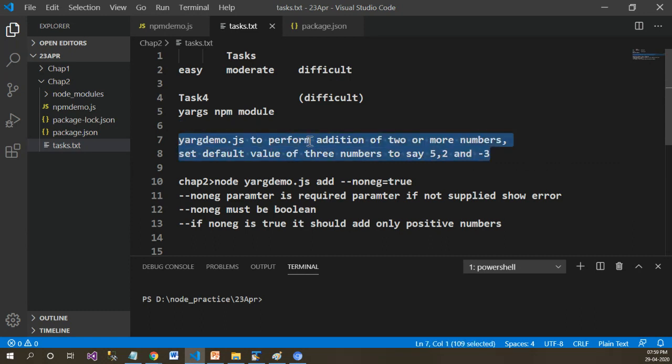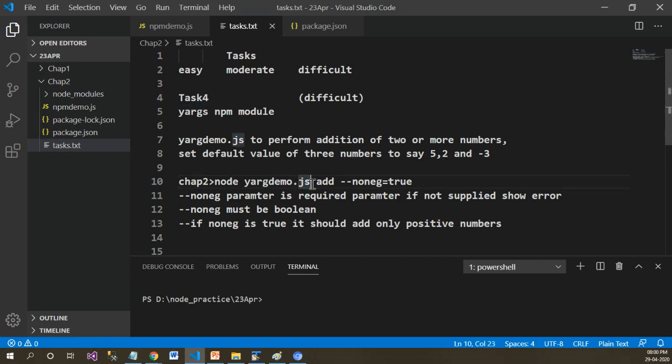Then you need to update the same example as per the given requirement. What is the given requirement? Yargs is an npm library which accepts the command line arguments and formats them.